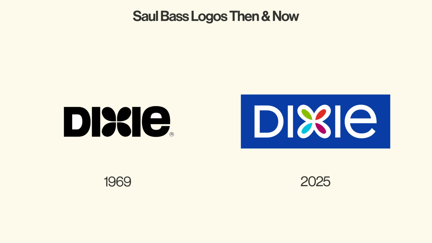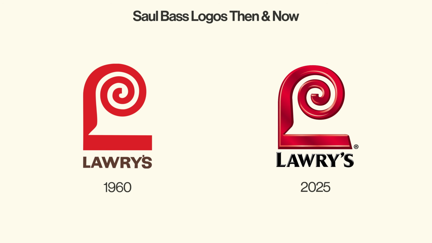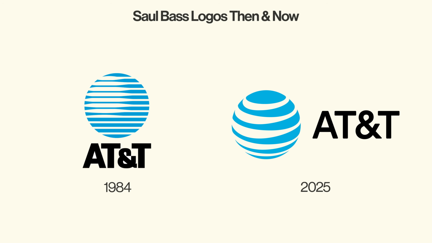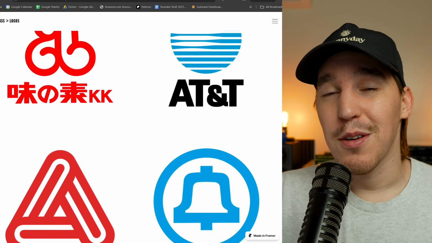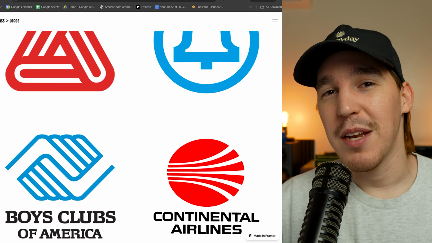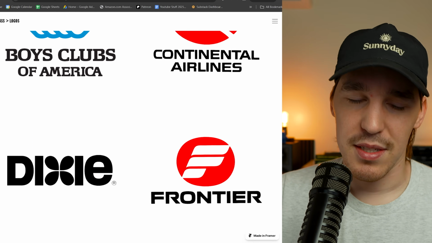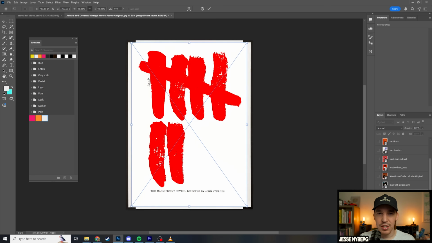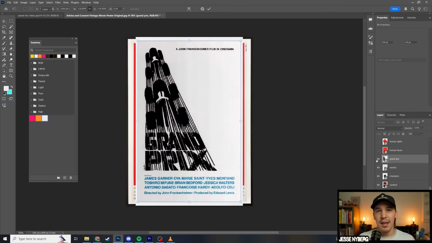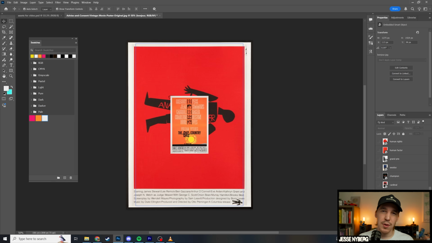Overall though, all these logos are so good, and it's really a testament to Saul Bass's design chops that a lot of these giant corporations are still using these logos today, or at least some variation of them that has changed over time. Once all the logos were locked in, I pretty much just had to do the same for the posters. I did some preparation for the posters in Photoshop by making sure all the margins were very similar